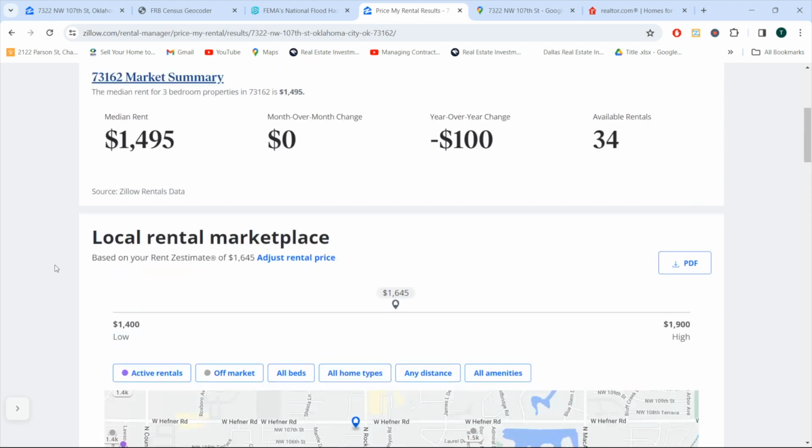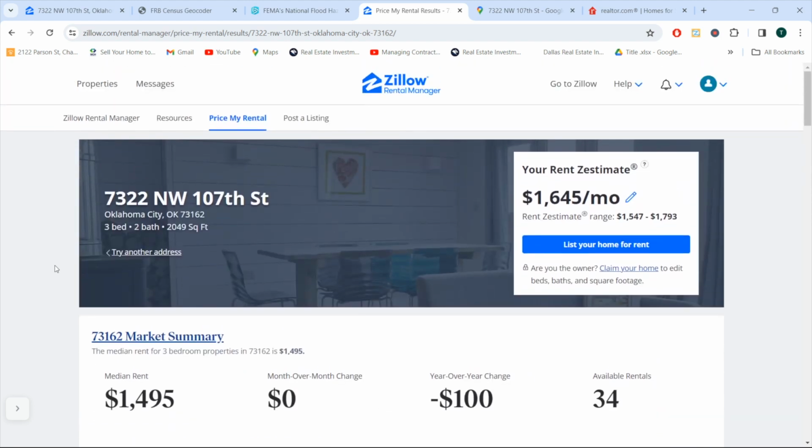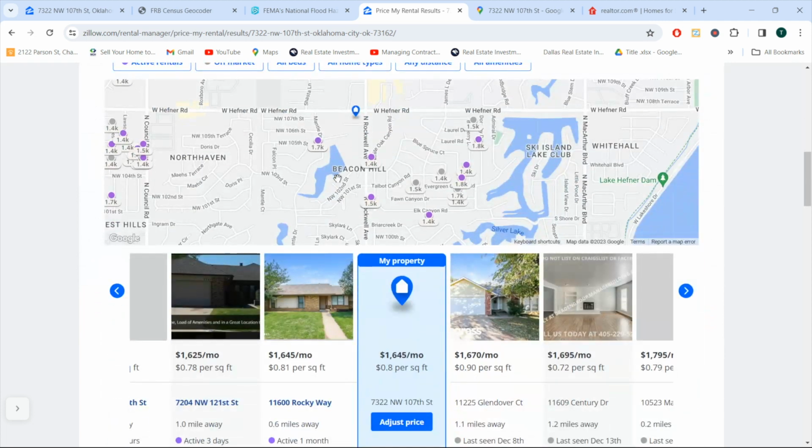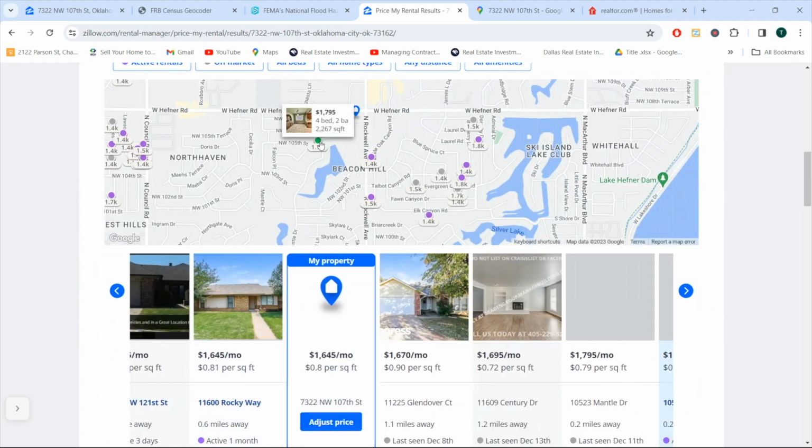So why is this important? It's important for you to know, when you're going to market to a cash buyer, who is a buy and hold investor, how much the property can rent out for. That's a part of your comparison. So we can say, as a vote of confidence, that this property